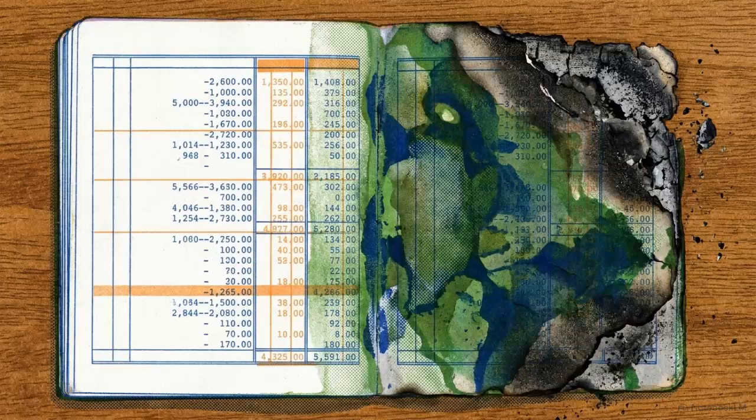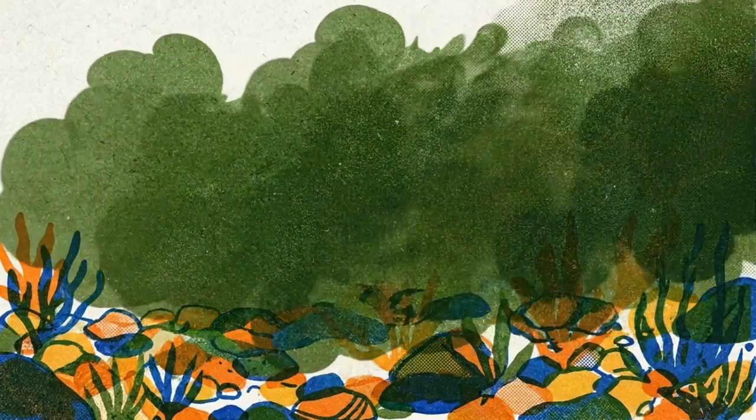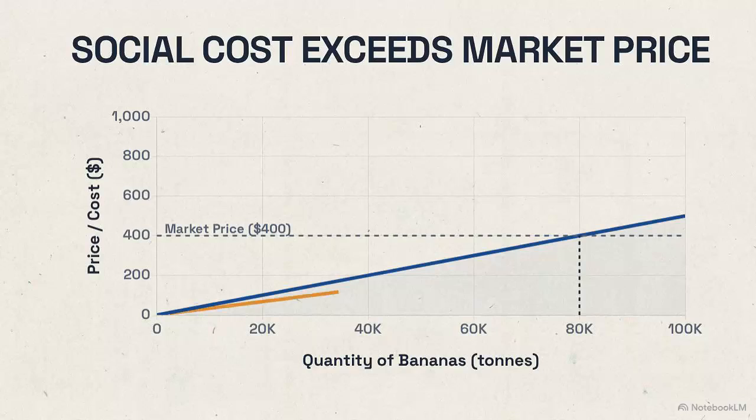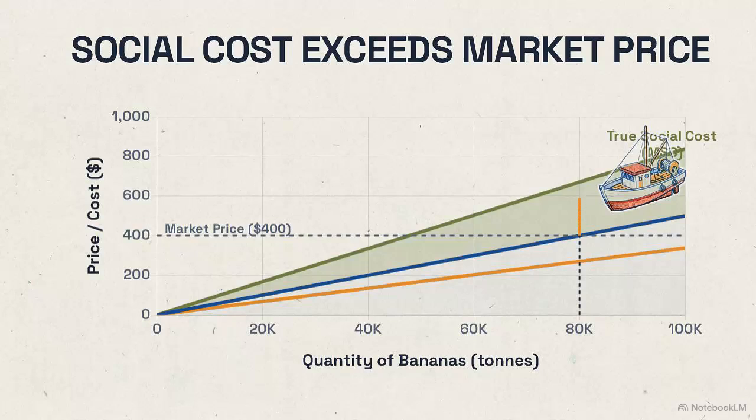Producing 80,000 tons is a perfect private optimization, but it is an economic illusion built on incomplete data. The devastating financial cost of the toxic pesticide runoff is the hidden variable that ultimately ruins this illusion. We define this damage as the marginal external cost, the specific financial loss to the fishery for each additional ton. Added to the private cost, this forms the true marginal social cost. Evaluating the 80,000-ton output against this curve reveals a significant disconnect.